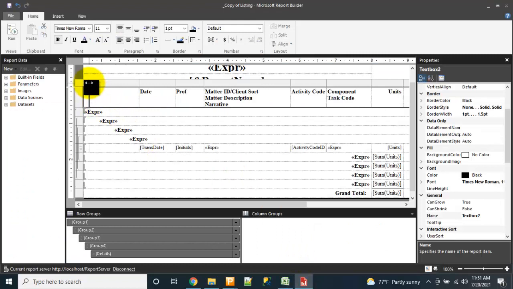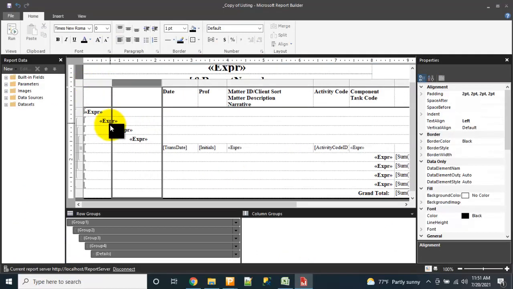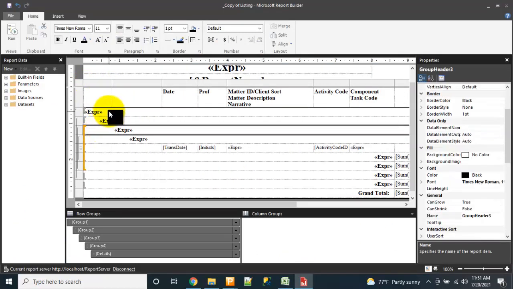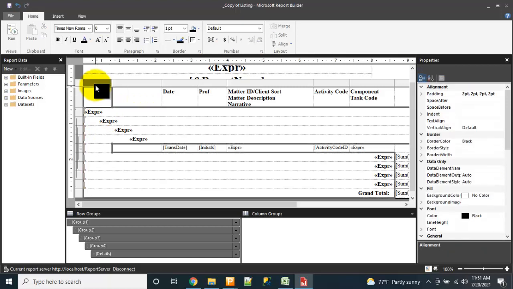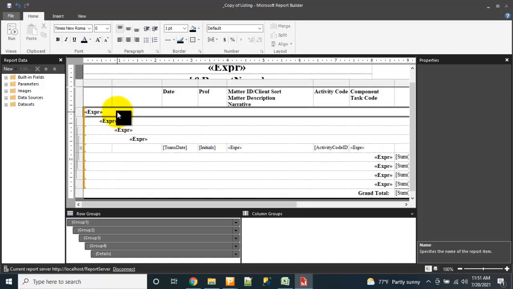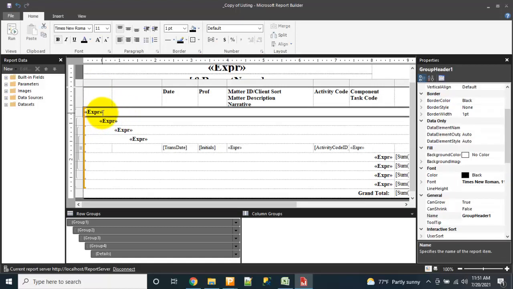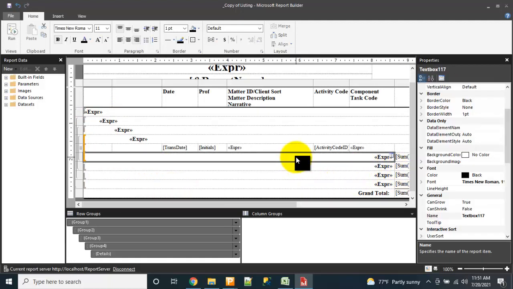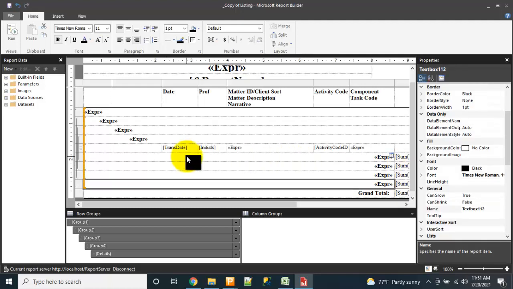So what I'm going to do is move this up and make it a little bit wider here. And really what I want to do is get rid of it. But before I do that, I can see that if I click in this cell here, it's a merged cell. And these other cells are merged also. We've got some subtotals down here as well that are merged too. I think the easiest way to do this is to